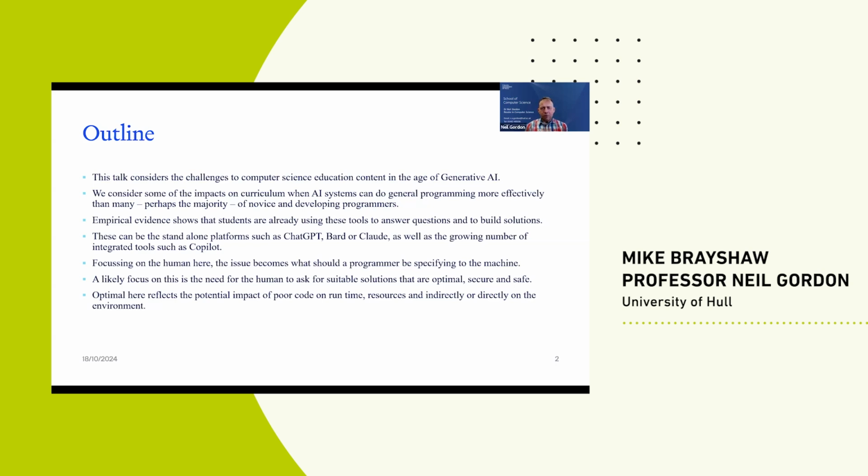And so we're looking at the way that what we mean by optimal to a human is different to what it would be to an AI without the right prompts. So again, the runtime resources and the wider impact of that. With AI systems, they're great and they seem magical, but there's a big cost to them. And the growing concern is the energy cost.